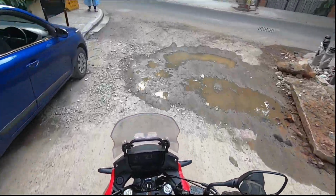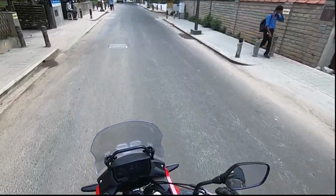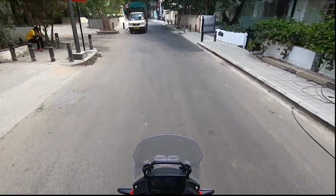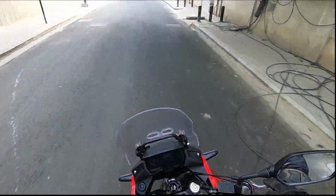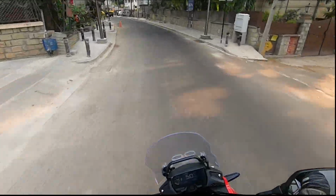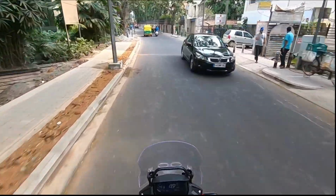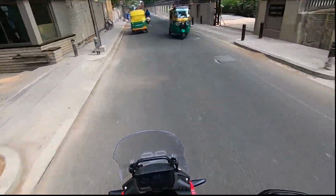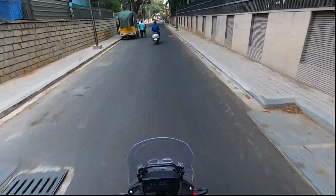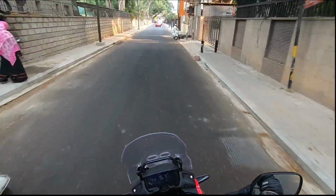So quick touch on the specs, which we have done last time. 500cc, or rather 471cc parallel twin, 47 bhp. And how does it ride? That is what is more important, because everybody says that it's too overpriced. Yes, it definitely is overpriced, but the first thing is give it a shot, ride it and then see, because